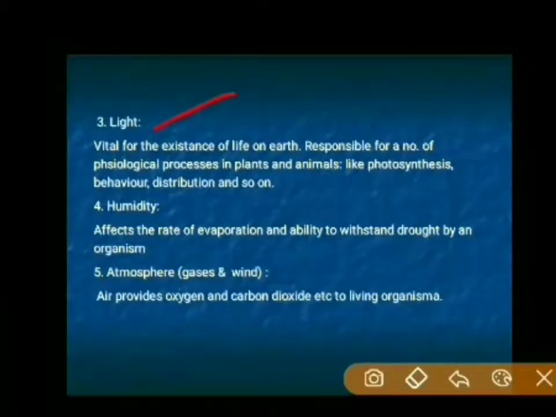Sunlight is vital for the existence of life on Earth. It is responsible for a number of physiological processes in plants and animals like photosynthesis, behavior, distribution, and so on. The radiant energy from the sun is the basic requirement for the existence of life on the Earth. This source of energy is of fundamental importance to the photosynthetic production of food by plants, and as you know,